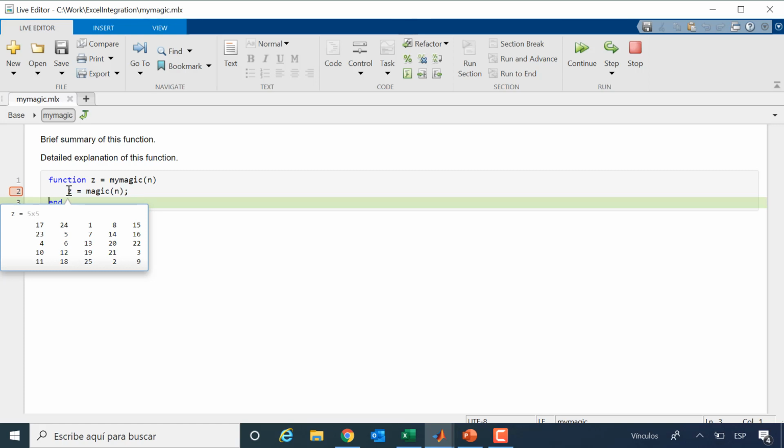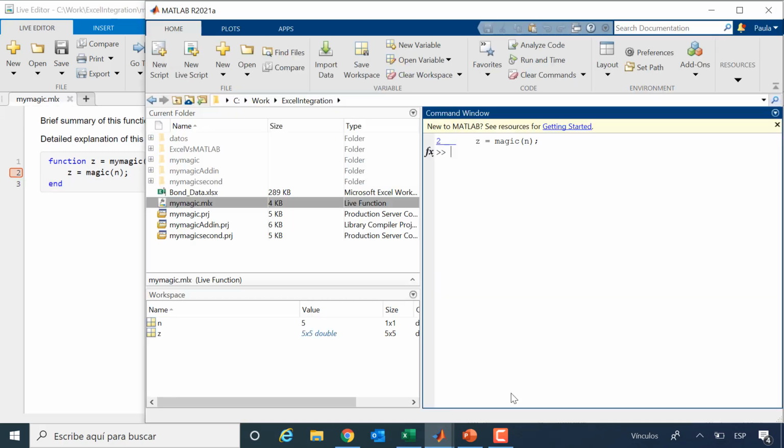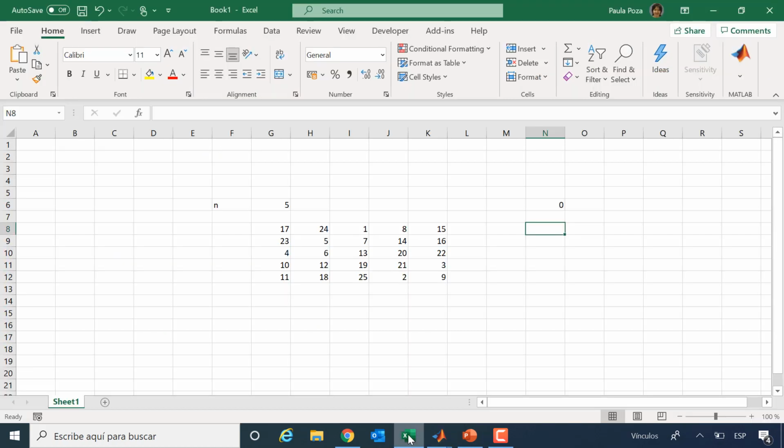If this function was a lot bigger, it would be a lot more useful to be able to debug and stop in the different variables and see the value. So I just say continue, and you can see how MATLAB has created Z. So it has executed that value correctly. So this was the same as before, but we put in breakpoints and stop it in the middle. Let's close this.